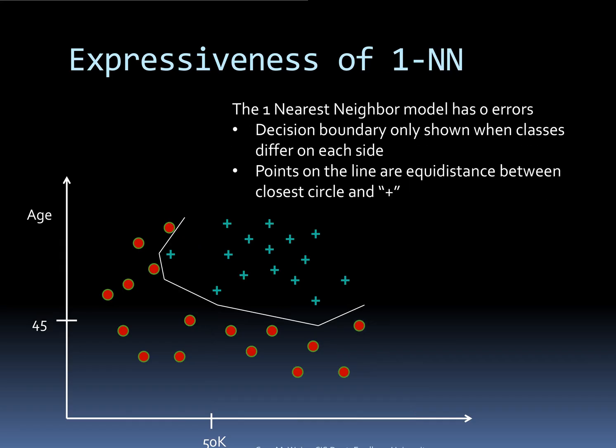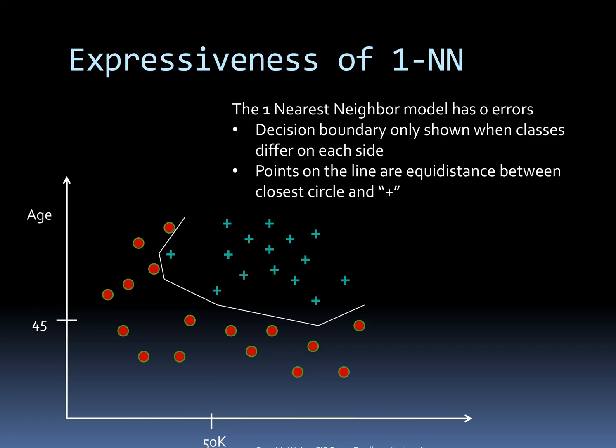The expressiveness of the one nearest neighbor, 1NN model, is illustrated here. This model achieves 0 errors by using a decision boundary that only appears where classes differ on each side. The boundary line indicates points equidistant between the nearest circle, one class, and plus sign, another class. This ability to create flexible, nonlinear boundaries allows 1NN to adapt closely to the data, capturing intricate patterns without error in this example. This demonstrates the model's strength in accurately classifying data based on proximity in the feature space, leveraging